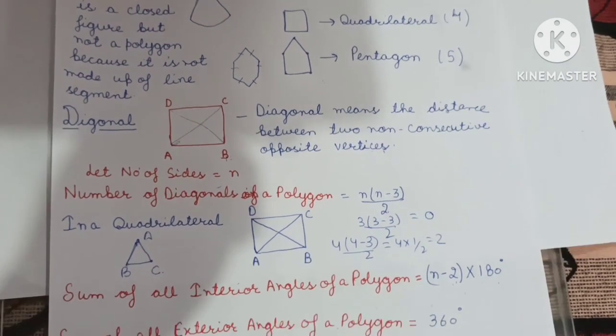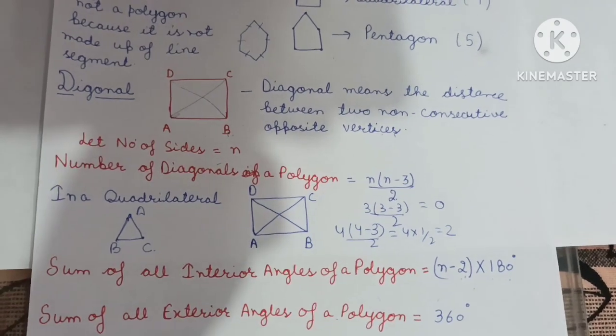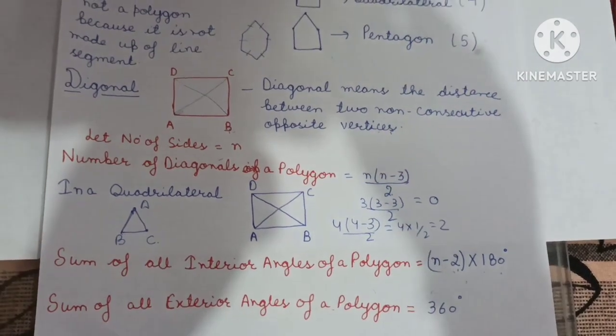And the last formula related to polygons is that the sum of all exterior angles of a polygon equals 360 degrees. This is all about the